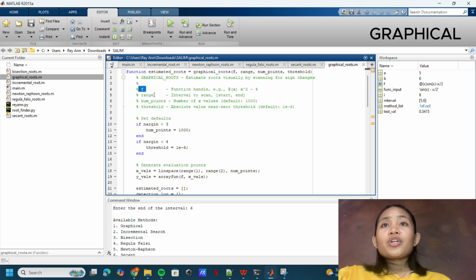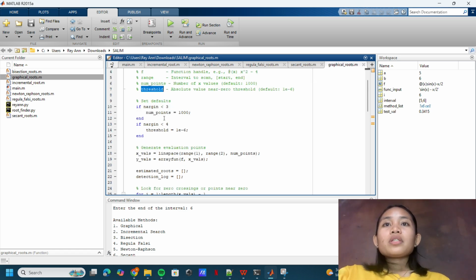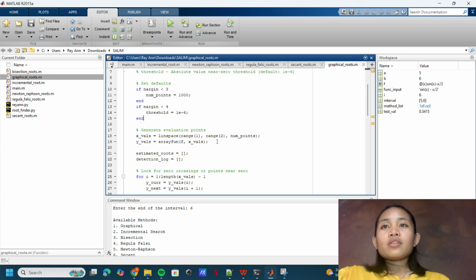Graphical roots accepts 4 inputs: f, the function handle to analyze; range, the interval to scan for roots, such as start and end; num points, the number of points to evaluate within the interval, defaulting to 1000 if unspecified; and threshold, a small positive value defining how close to 0 a function value must be to count as a root, defaulting to 1e-6. The function generates num points evenly spaced x values across the given interval. It evaluates f at each of these points, storing the results in y vals.